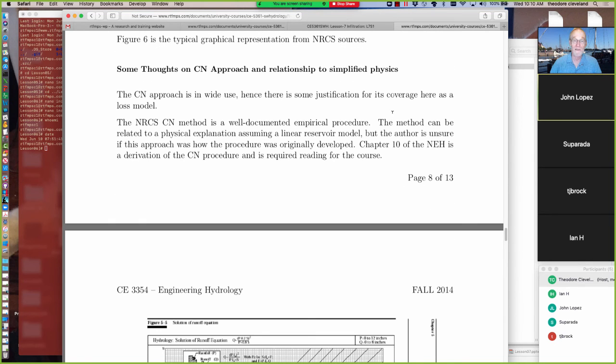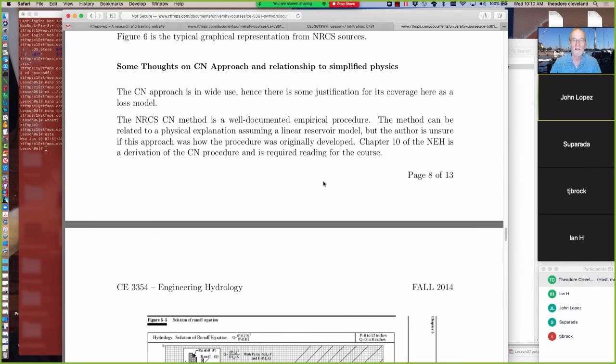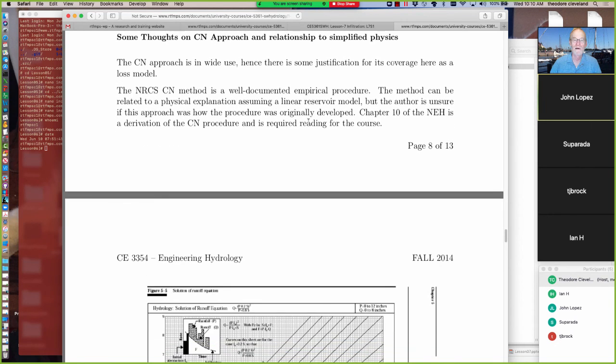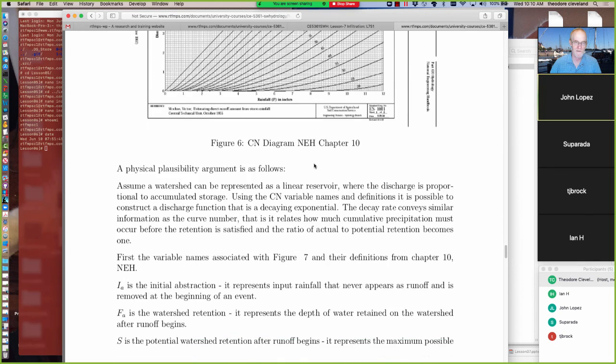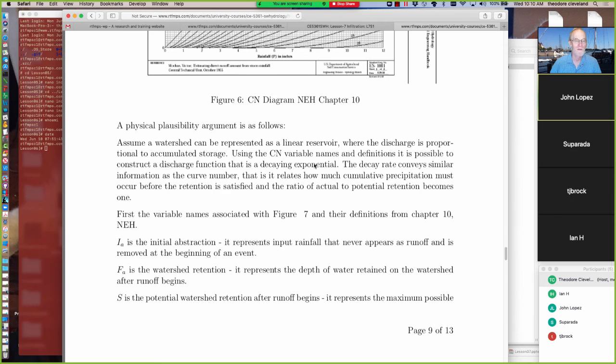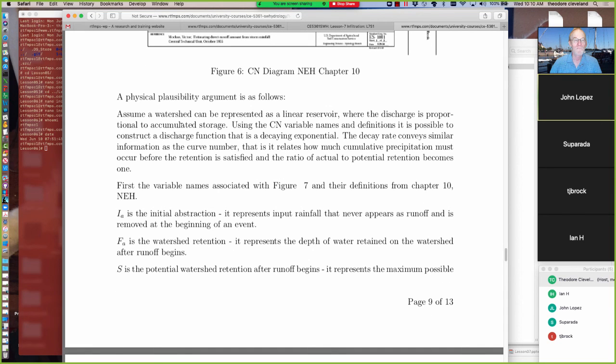It's in wide use, and hence there's justification for it as a loss model. It's well documented, but in the original documentation, there's not much explanation of how it was originally developed. Chapter 10 of the NEH goes through the derivation of a curve number procedure. I have a physical plausibility argument of the curve number method that I'll read to you here